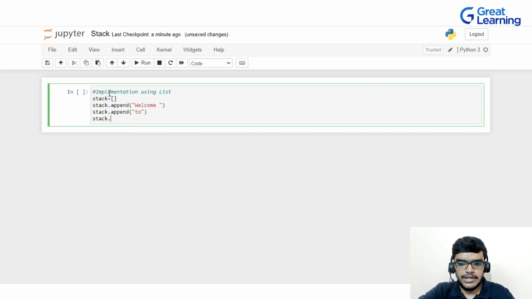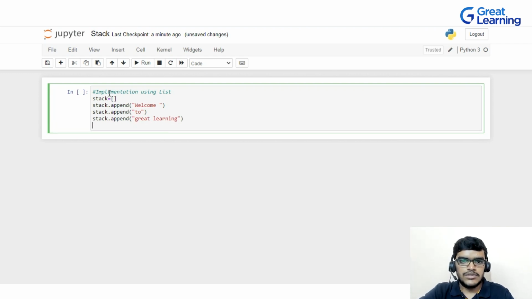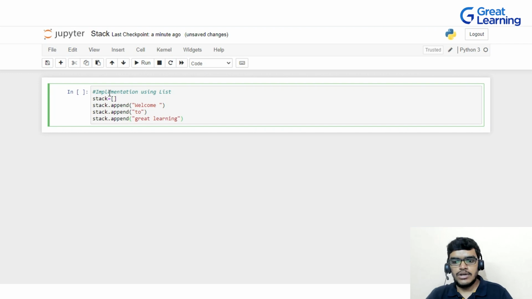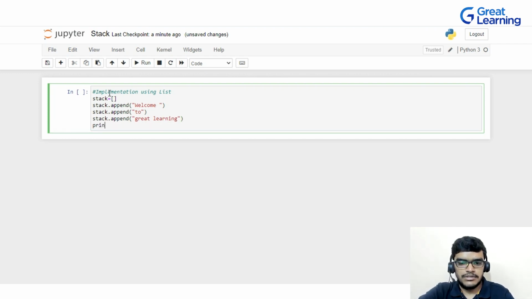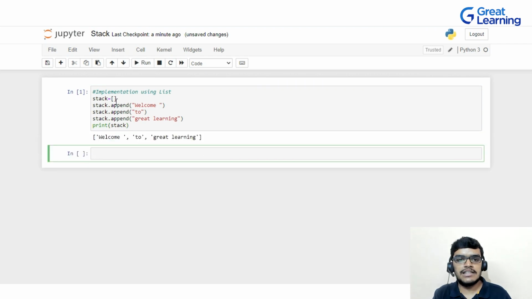Once again I will write stack dot append, and I'll write great learning. So you can see that this is my append. Now if I print my stack and click on the run button, you can see that this is my list. Earlier my list was empty, but now through the append function I have inserted welcome to great learning. So now this is my list.